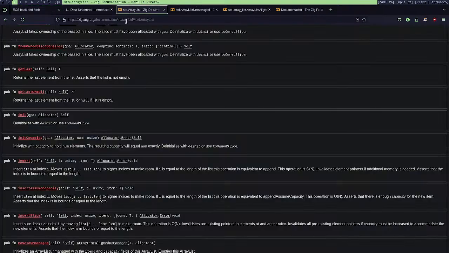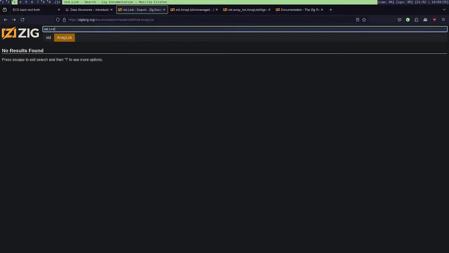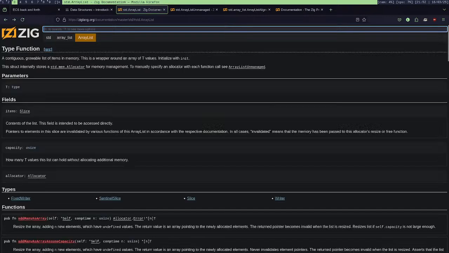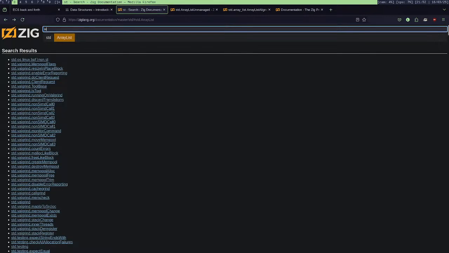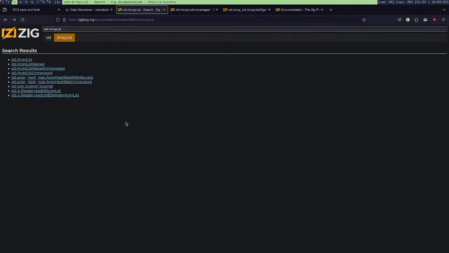Does it have a linked list? No? Oh, but I can just use an array list because they still have O(1) append and push. Defer.